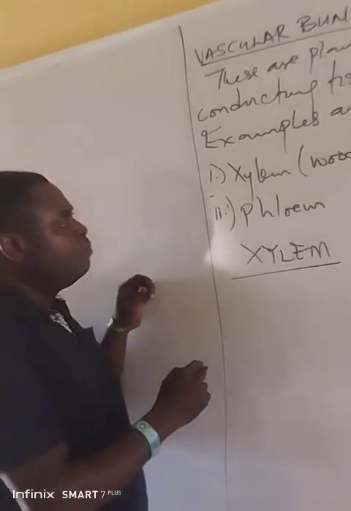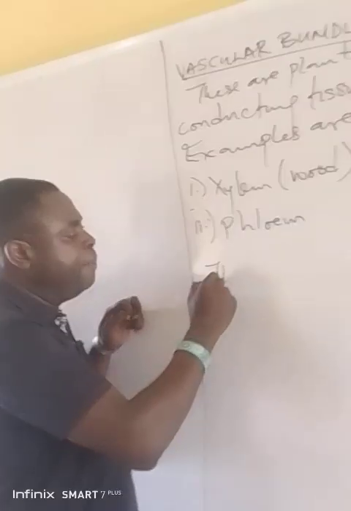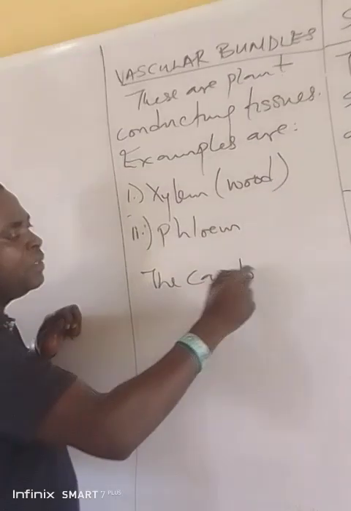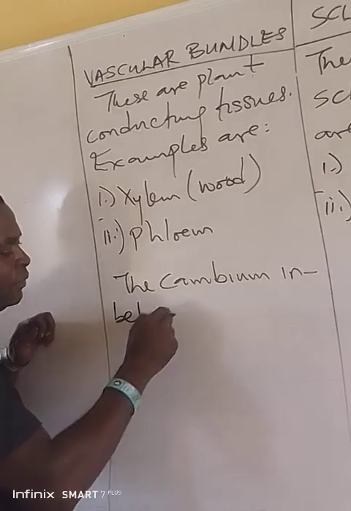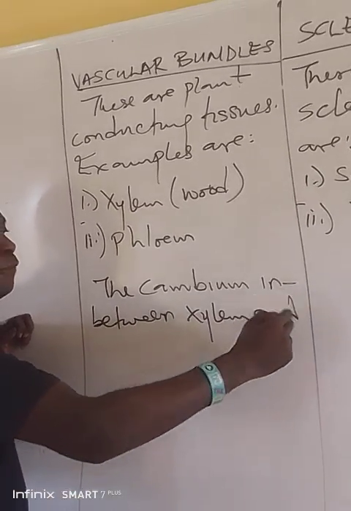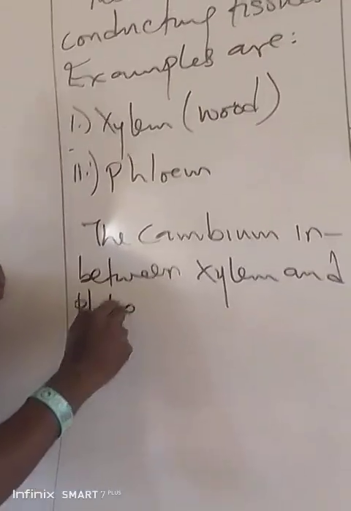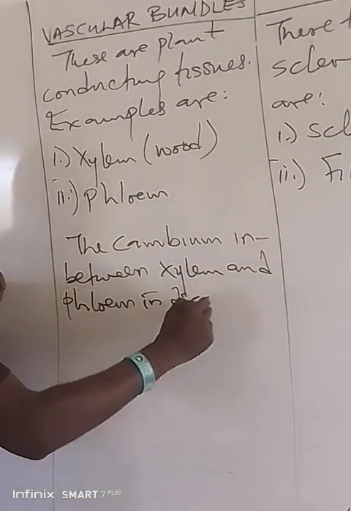Now, before I talk about xylem, the cambium is in between xylem and phloem. You know, cambium is in between them, abi? In the dicot stem,